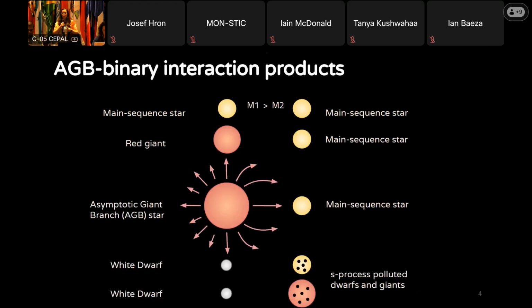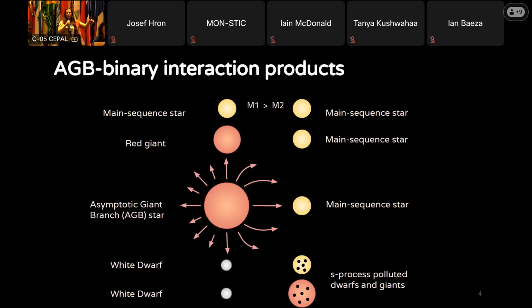So, as you probably know by now, what I've been doing in the last few years is looking at the interaction products of these AGB binaries in order to learn about the nucleosynthesis that I already mentioned, but also about how AGB stars interact with their companions. Because these systems down here that take the nucleosynthesis signature that these AGB stars made inside can help us learn about the S-process signature of the AGBs, but also those models that you are all running to see how AGB stars interact with their companions should reproduce these orbits at the end.